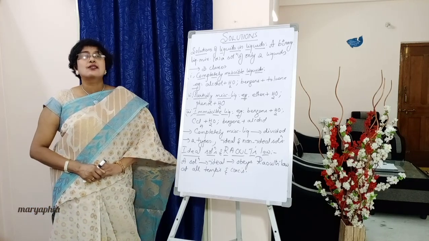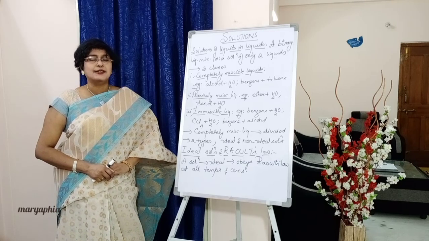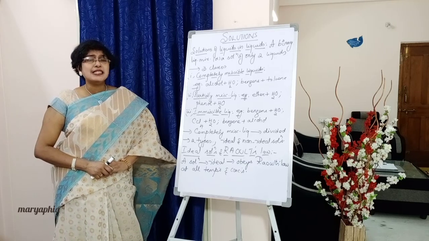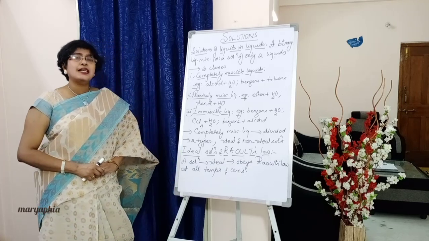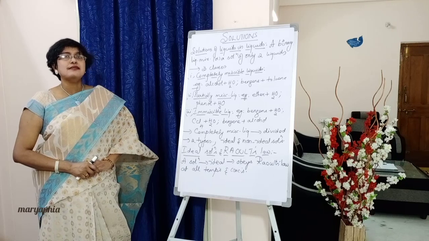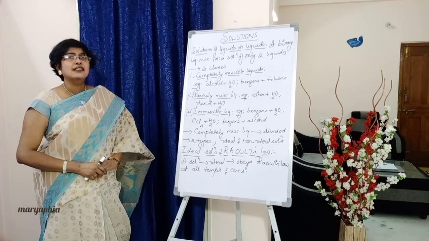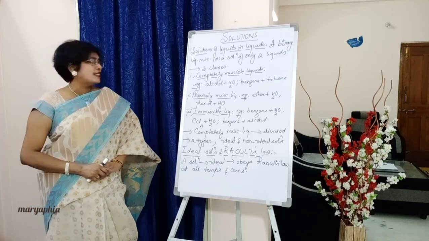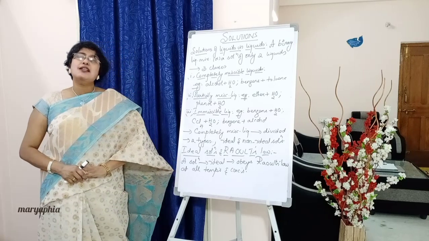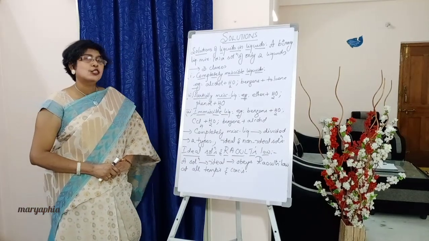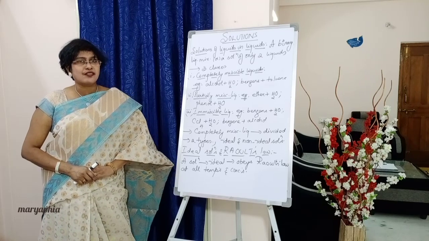Okay, students, if I am going a little bit fast, I will stop for a few seconds here. You can note down completely miscible liquids. Once again, I will give the examples: alcohol plus water, benzene plus toluene. Next, partially miscible liquids, ether plus water, phenol plus water, etc. Immiscible liquids: benzene plus water, CCl4 plus water, and also benzene plus alcohol, etc. Hope you have completed, right?